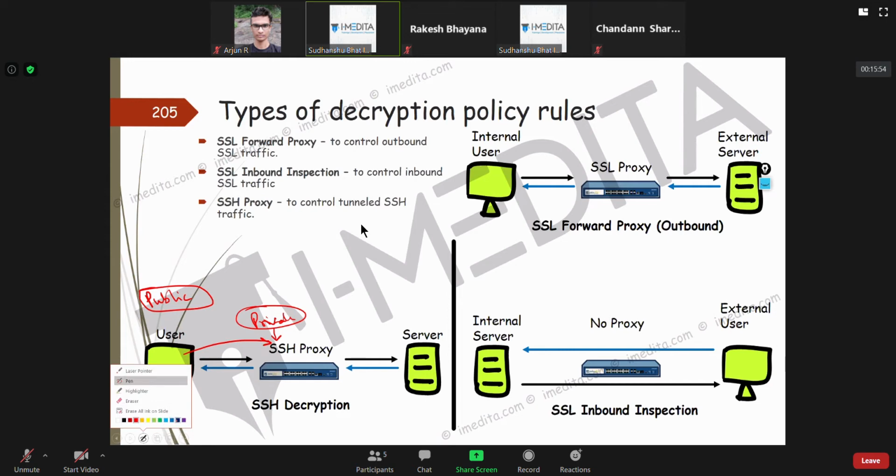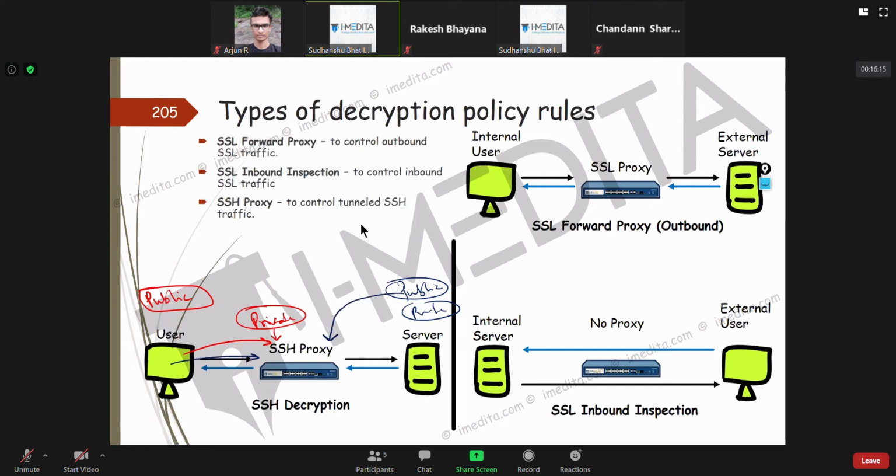Different color for that, which will be the public and private key pair for the actual server which this user is trying to SSH to. This public key will be delivered to the firewall.